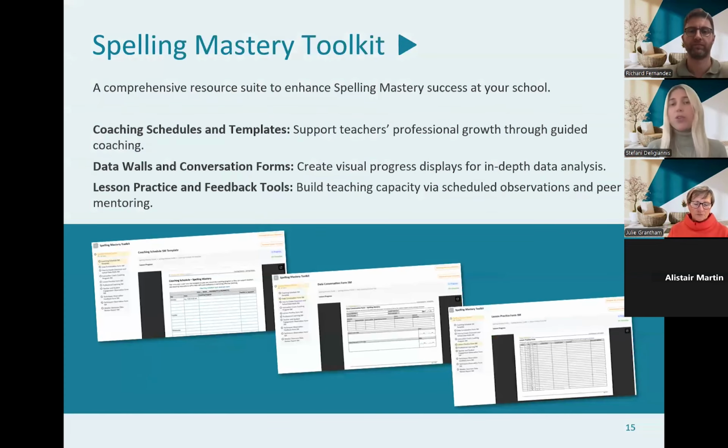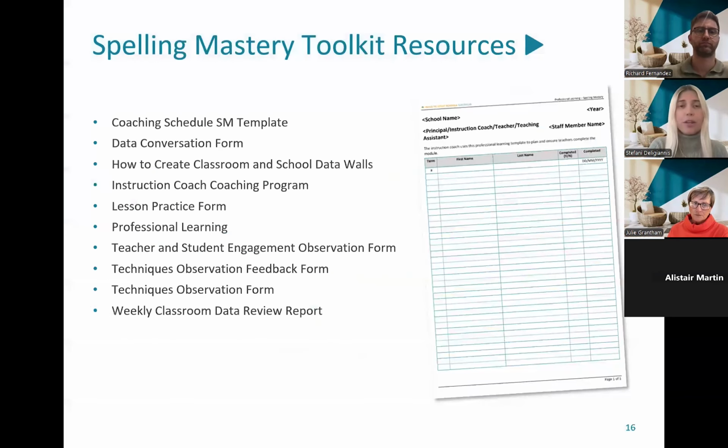Yeah, so as I mentioned, we also have our Spelling Mastery Toolkit, which contains 10 tools that facilitate the implementation and continuous improvement of your spelling mastery implementation. So these are things like templates that support coaching, observation, and feedback, and how you can keep the whole school on track with data. And by establishing things like a data wall and referring to data progress at a weekly staff meeting, for example, we find that staff can really celebrate students and their own success, which is really important to keep driving that improvement.